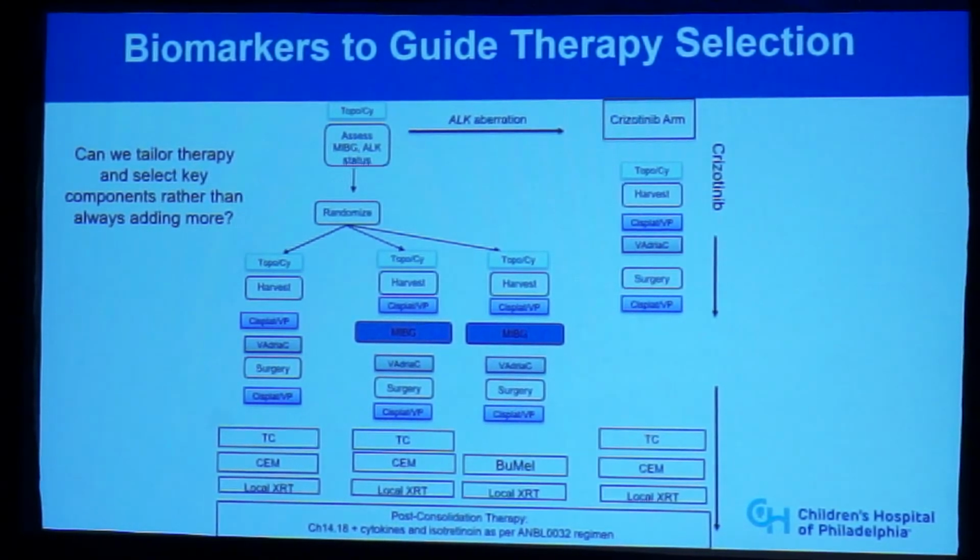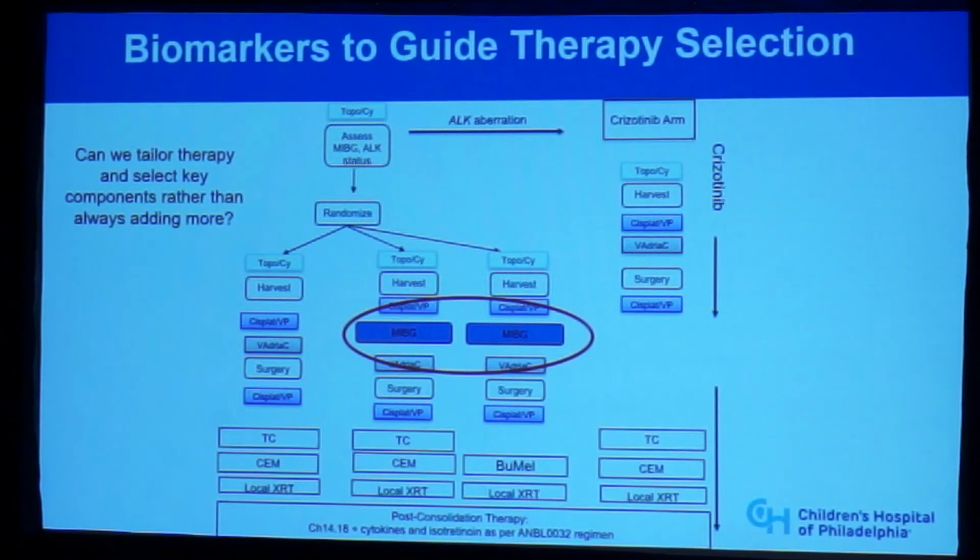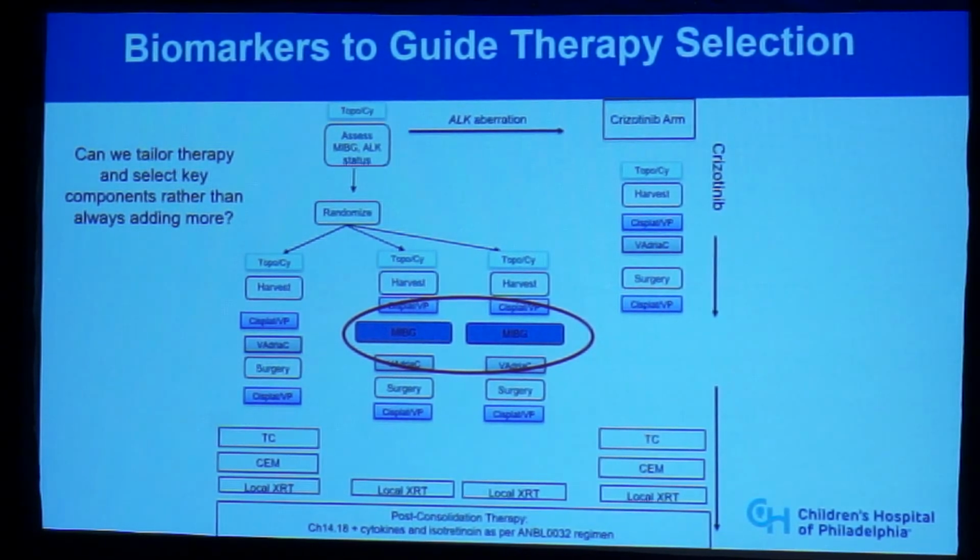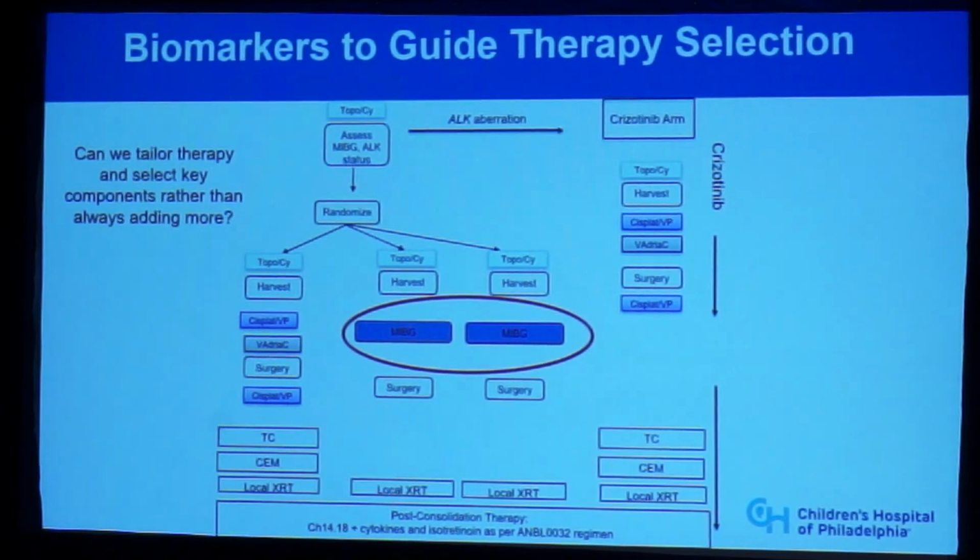And I think the pressing question for us as investigators is, can we use our knowledge of biology and biomarkers to select the therapies that a patient is really going to benefit from and get rid of the therapies that are not going to help our patients? So for example, Steve Dubois is going to talk about the addition of MIBG to high-risk therapy. But the question that I would want to ask is, can we identify biomarkers that would predict the patients who are most likely to respond to MIBG? And could we then get rid of transplant? Could we then get rid of some chemotherapy and have a treatment that's going to be more effective and less toxic for these patients?